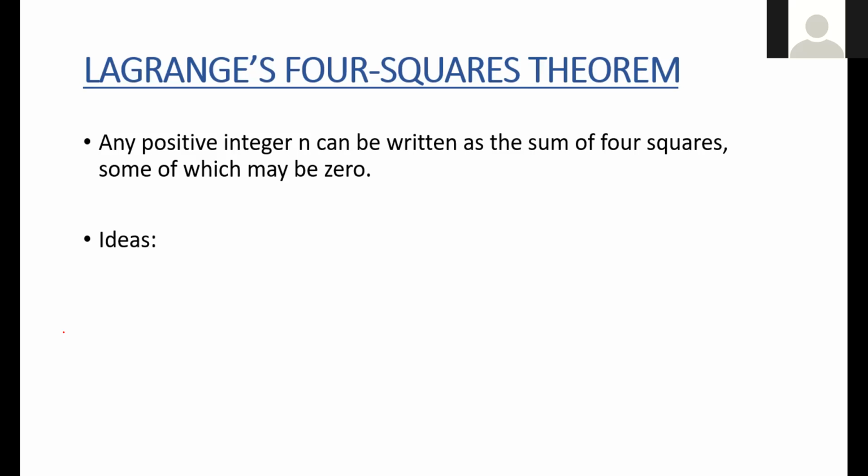And the second thing we're going to do is, if n is expressed as a product of its prime factors, let's say n is equal to p1 into p2 and so on, can we prove that every prime number can be expressed as a sum of 4 squares? If we show both these, we will be done, because given any natural number, you can just write it as a product of its prime factors. Once you write each of the prime factors as a sum of 4 squares, you can just take the product and you get the expression for the original number. This is what we are going to do.